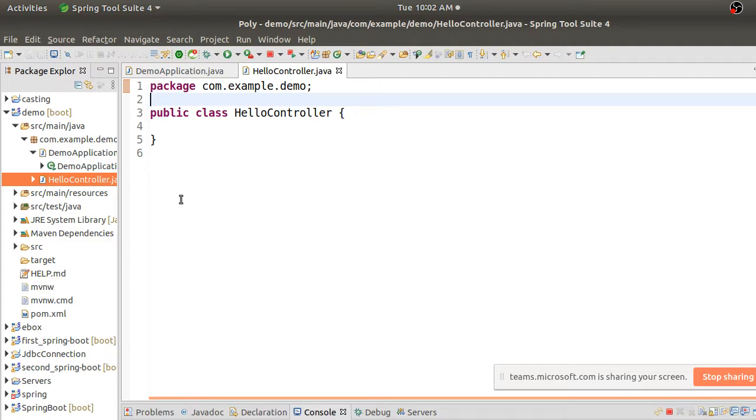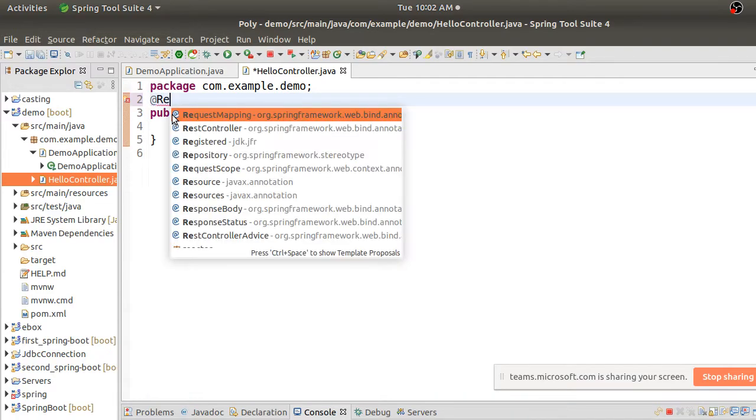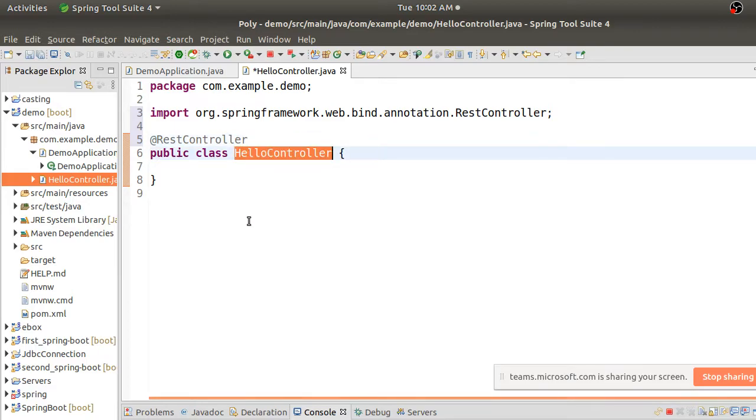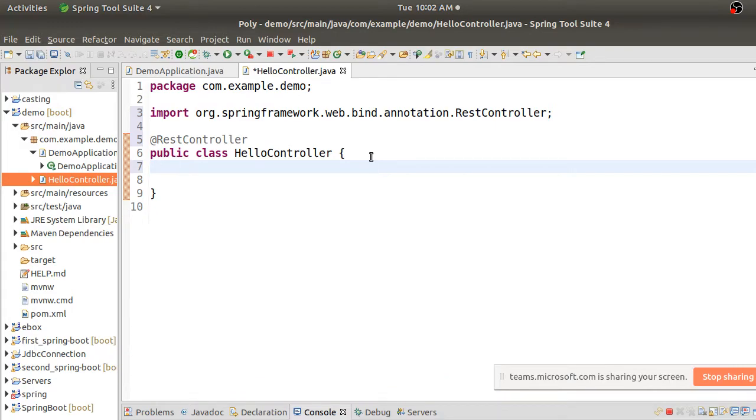The first thing I have to do is make Spring know that I have created a controller. So you have to annotate it with REST controller, right? There is this annotation called REST controller. The moment I write this, my Spring Boot application will understand that, okay, this person has written a REST controller. So what does this REST controller do, right? If somebody sends a request, those methods will be mapped inside this REST controller. Say, for example, there is a method called hello.